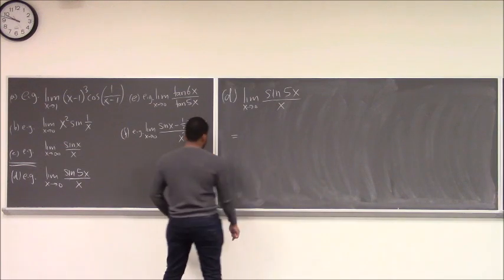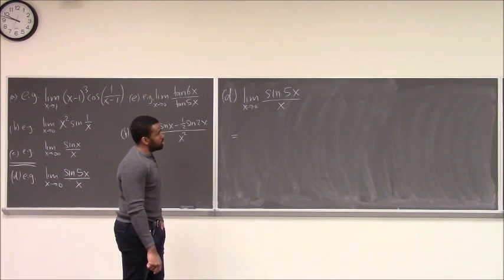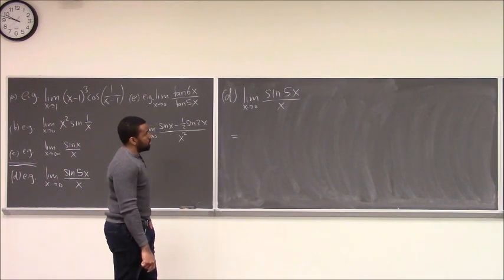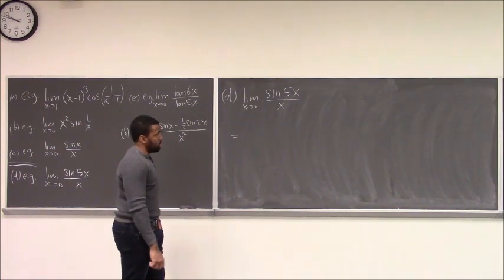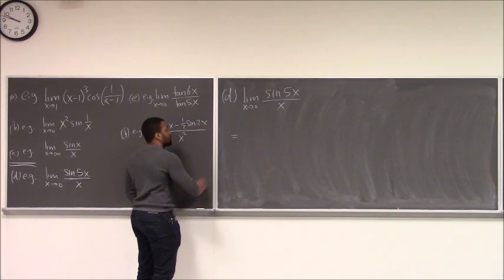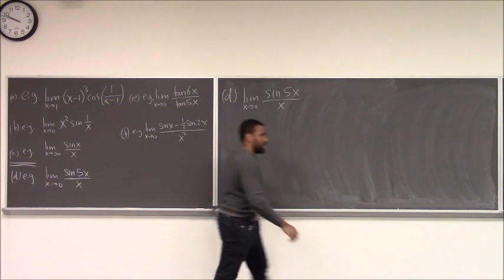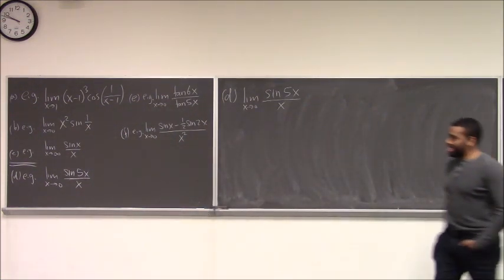I multiplied the whole thing by 5 over 5, because it's 1. Okay, why? Because if you can get sine 5x over 5x, that's equal to 1, because sine x over x is 1. Sine x over x is not 1. What rule are you thinking about? Well, the limit as x approaches 0 of sine x over x. Yeah. Okay, so sine x over x is not 1.